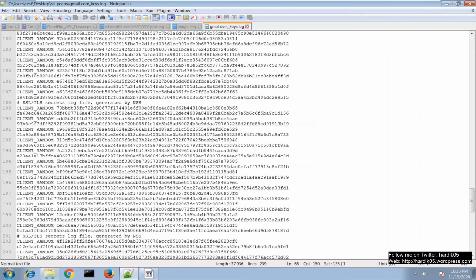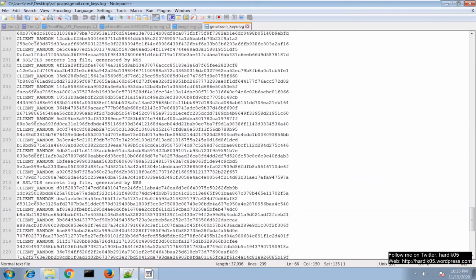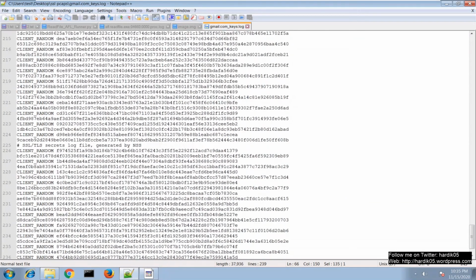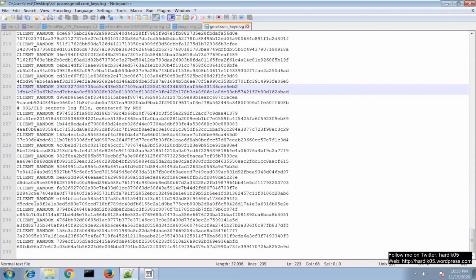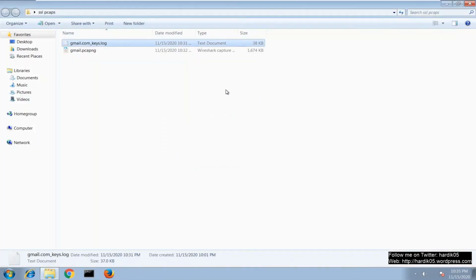I mean, if you have a VM, that will be good, because if you are visiting some website, then make sure you filter out the traffic and you don't share all the key file with anyone else. So make sure you do it in a VM, because it's not a good idea to share all the keys with someone else. And so I hope that this helps you in your PCAP analysis work.